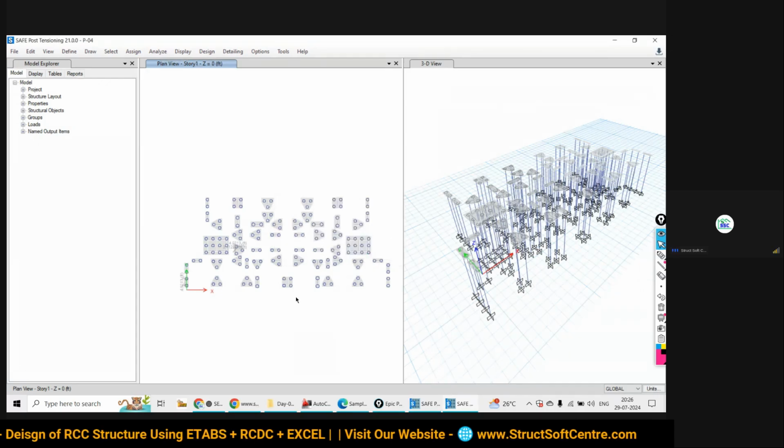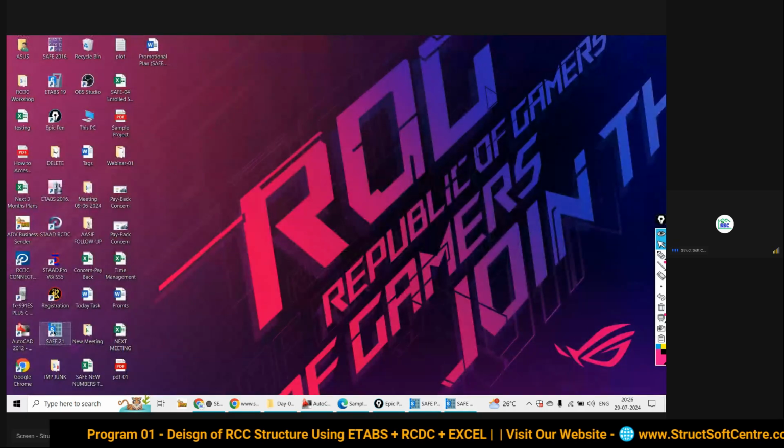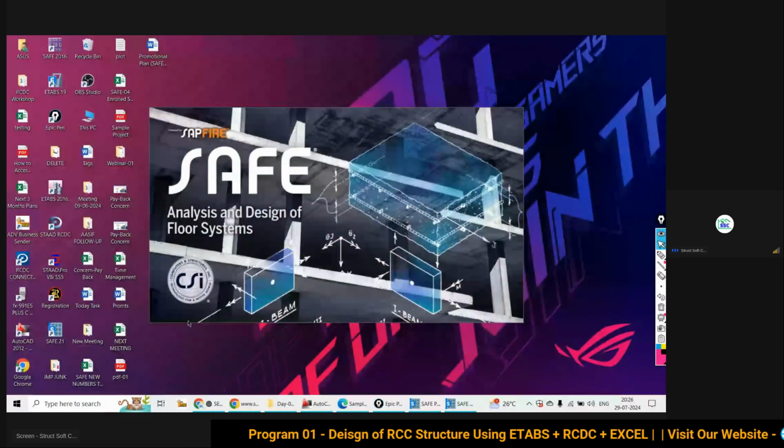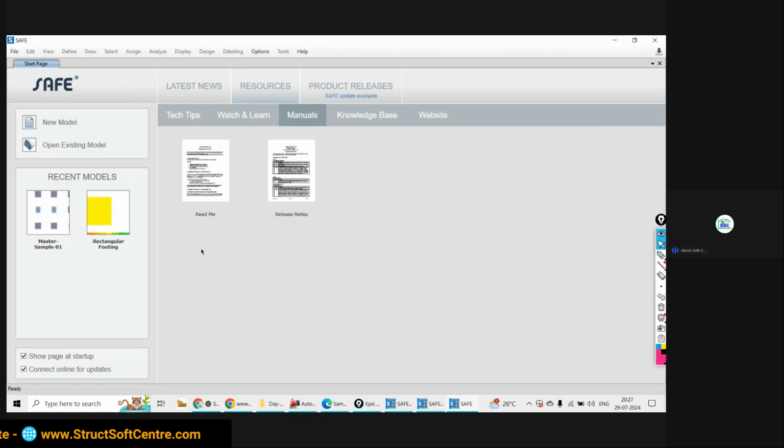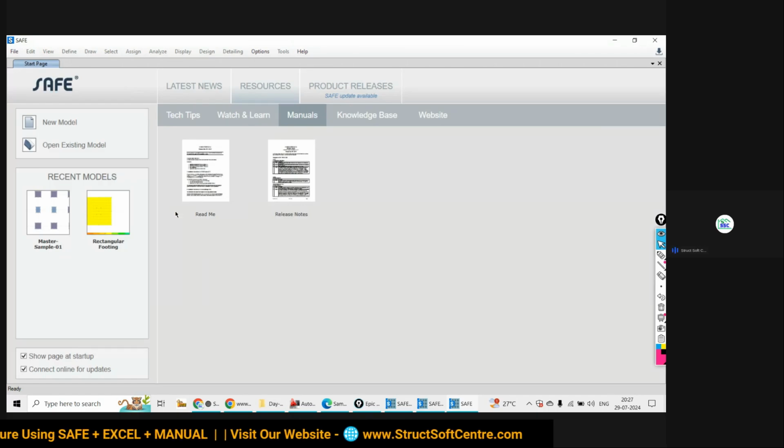Now see, I am going to open a new file, the third file. Suppose I am going to start a project where I have to design the pile cap for the deep foundation. I am not going to waste my 1 hour defining all those same things.